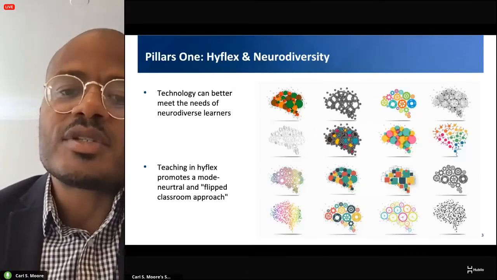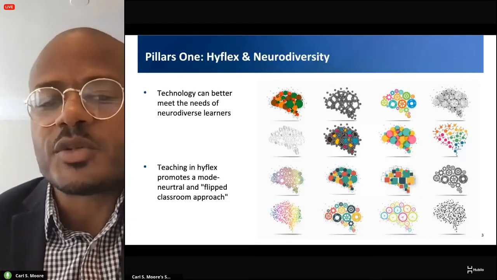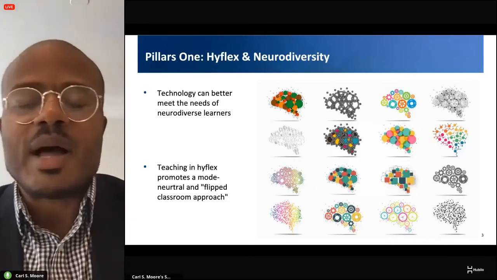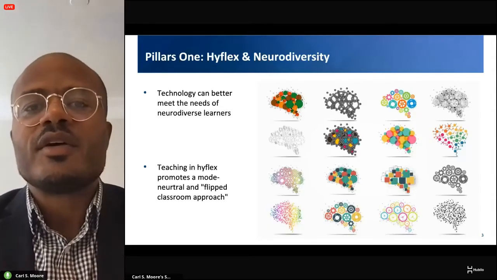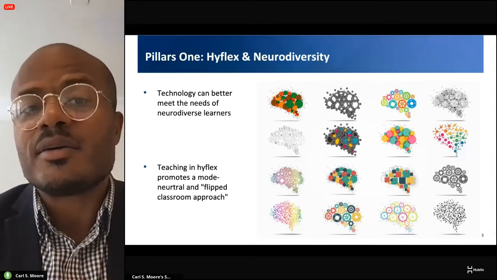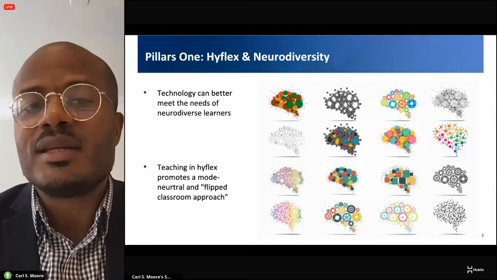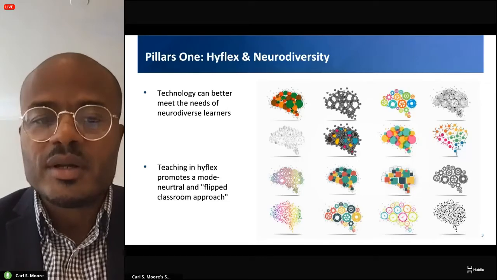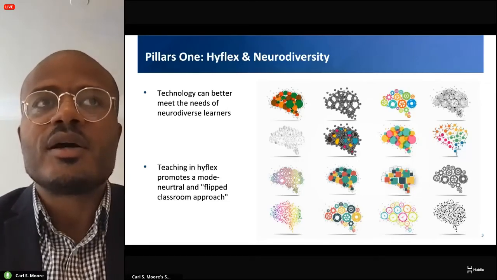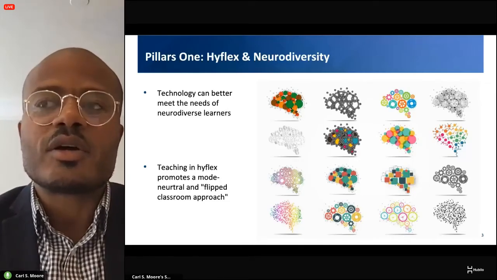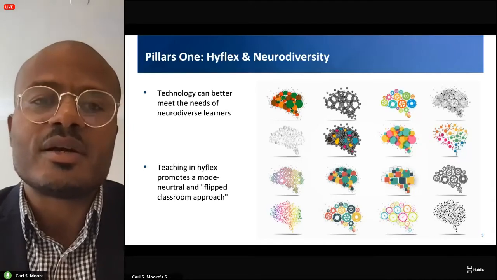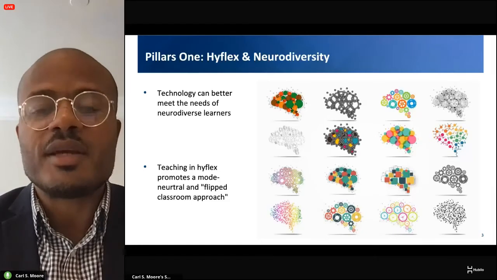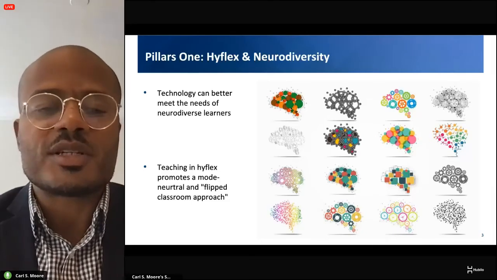So understanding from a neurodiverse perspective that this technology can serve as a bionic arm, a way of diversifying, individualizing, and meeting the needs of a wider range of learners, is really important. And it's not necessarily just about the technology, or about when there is a documented variation of ability. These are for students across any spectrum, for any positionality.